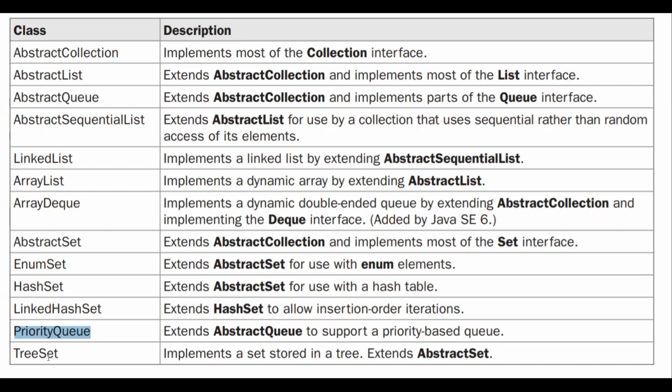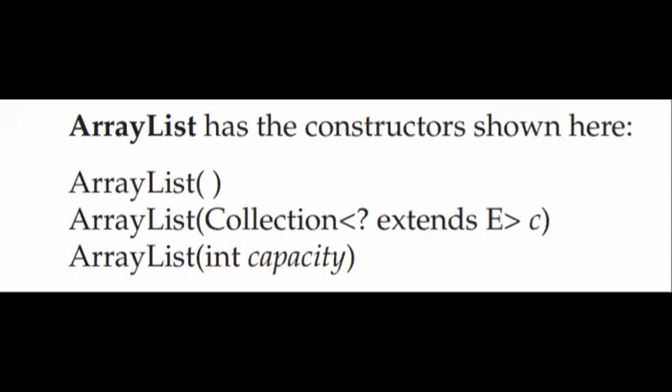Next we shall see the array list class. The array list class extends the abstract list and implements the list interface. The array list is a generic class, which means we can create an array list of any type of object. Just like how we implemented a queue in our last class, we can create an array list of basic data types, or we can create an array list of classes itself.